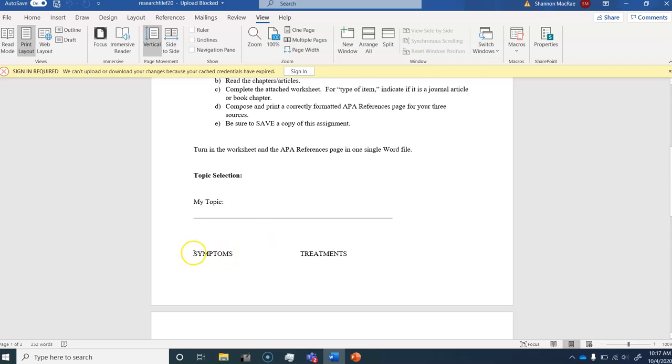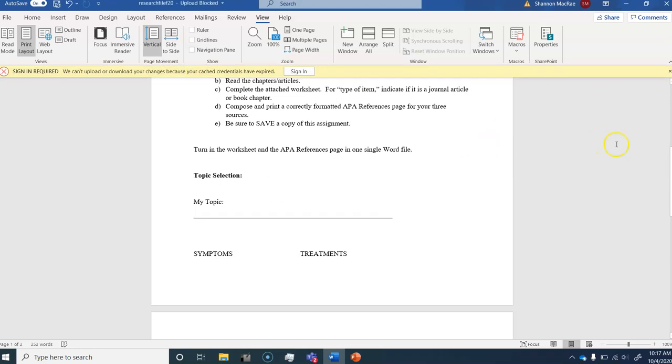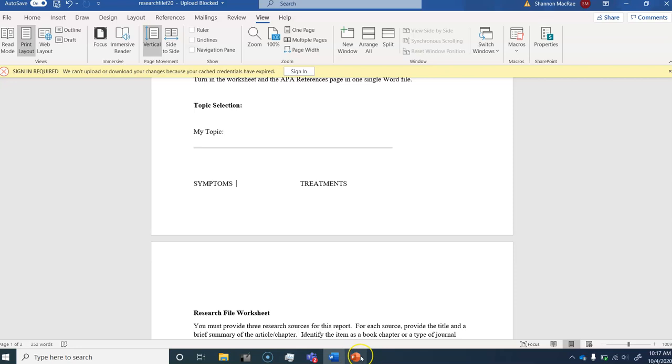So you want to find material that is related to the symptoms or related to the treatments. There may be some bleed over, okay? So depending on what you find, that's okay. But just make sure that you're gathering enough material on either the symptoms or the treatments. And I will ask you in the worksheet to identify for me, just say by putting an X or something, beside what it is that you've chosen, whether it's the symptoms or the treatments that you're going to be focusing on ultimately.